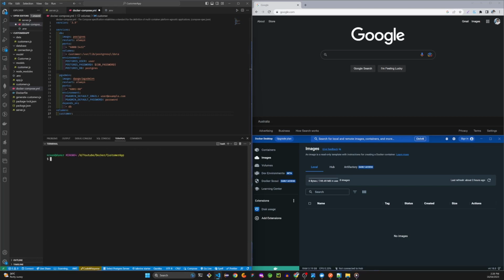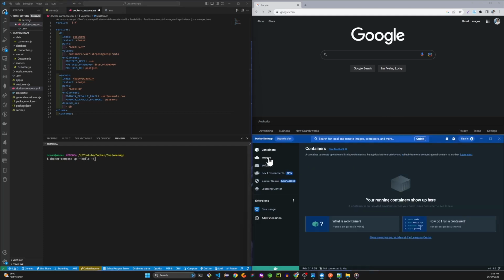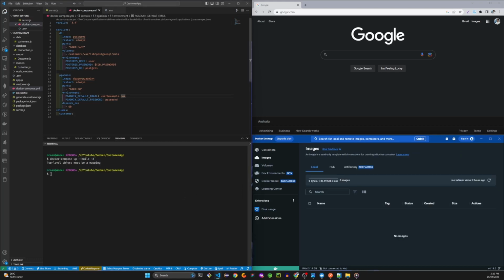So the first command you have to run over here is docker compose up --build in detached mode. Now over here on the left hand side, I have images and containers, and if I launch it, oh sorry, I didn't save it. Let me launch it one more time and see whether we can get the data or not. Oh, it's hung up. Let me open a new terminal and then launch docker